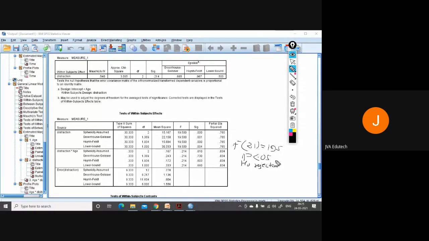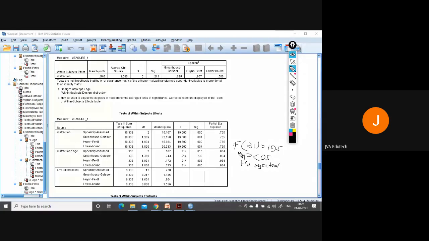So age, the older and the younger age, and levels of distraction both will affect their learning and remembering capacity. So in all the situations, their learning and remembering capacity will be affected.